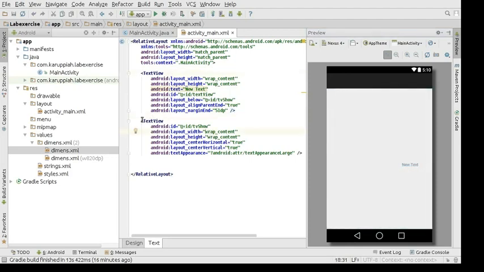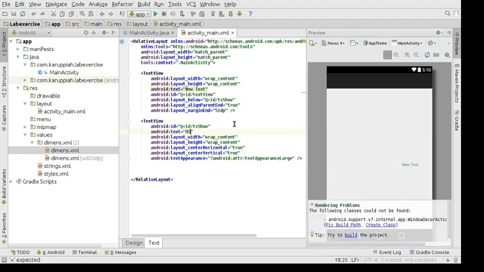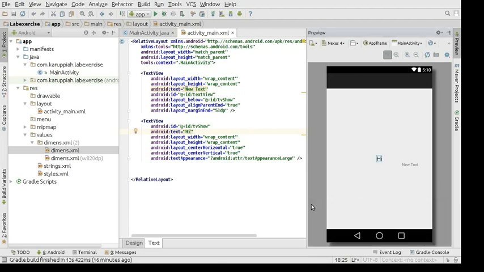I'll give it some text as of now, text hi. So see, my hi was put up first, and then this new text was put up. But if you're creating a form, maybe you will create your name field, and then you'll create your, say, department field.